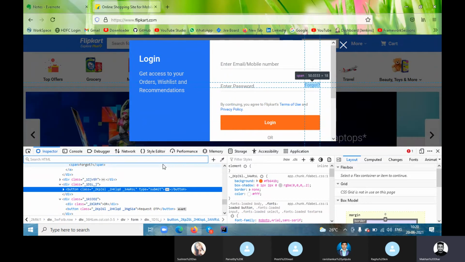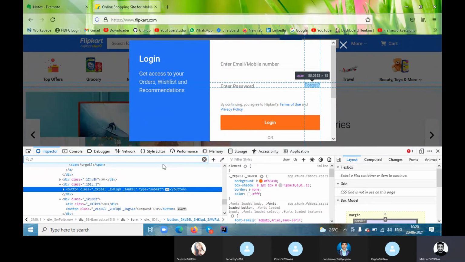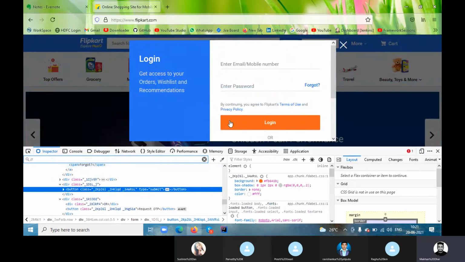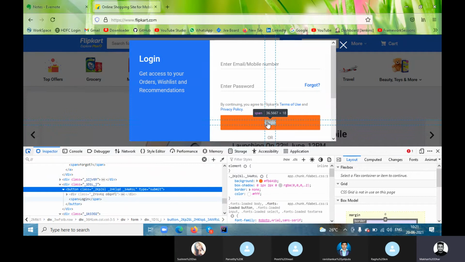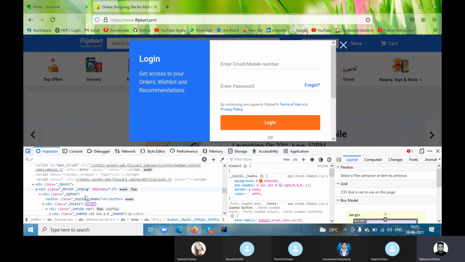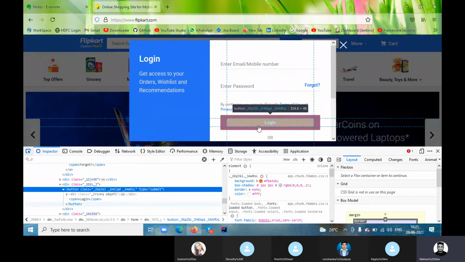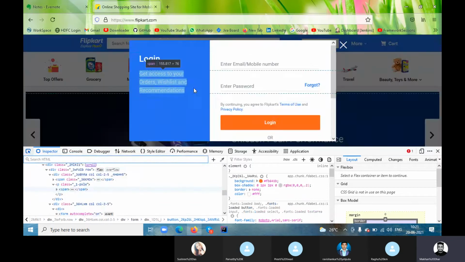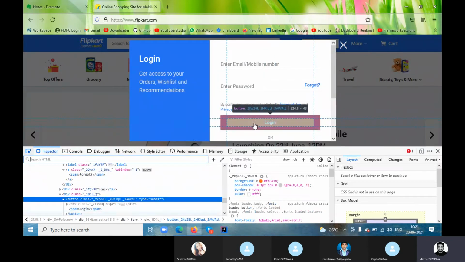And we'll say //. So which tag is it coming under? It is coming under button, right? Make sure you are selecting the correct tag name. So this is button. I won't put it the first time, otherwise you will be somewhere else. So just select here.